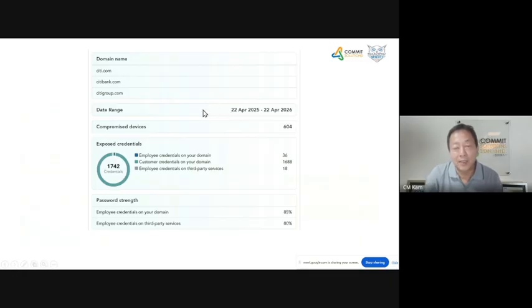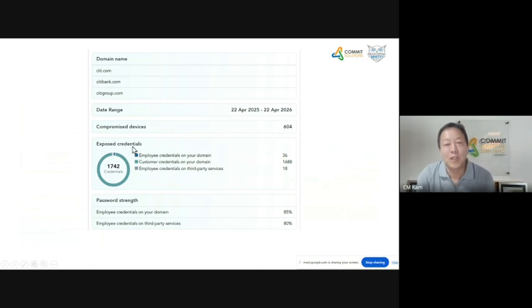But this, I say, is a first-time scan report, so you see that we need to put in the date range so that you understand how far back you want to see data from your own organization, right? Compromised devices are basically the devices that we found compromised. Let's say in this scan it is this number here, but it's not related to Citibank. As I said, I only show it to you so that you understand.